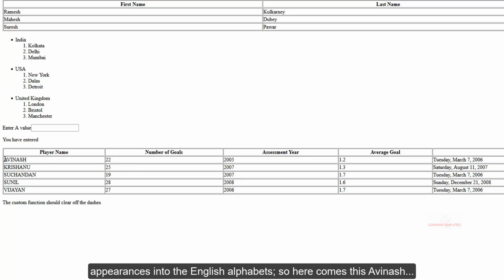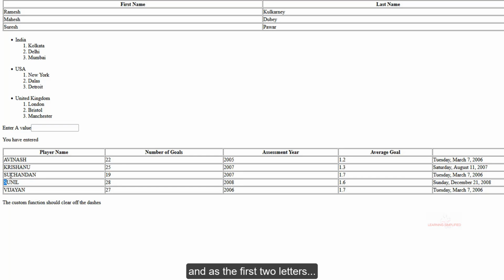So here Avinash comes first, then Krishanu that starts with K, next comes Suchandan, Sunil, and as the first two letters in either case are the same, it will now target the following one.